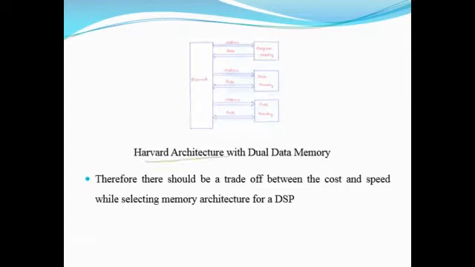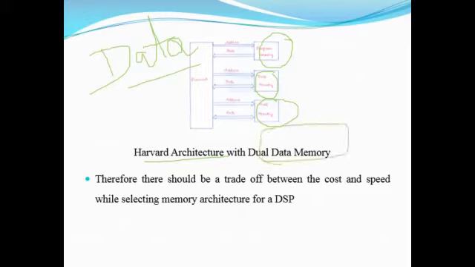Here we come across one drawback if we use just a processor, a program memory and a data memory, because when we go with DSP implementation, the number of data samples is very high. So I cannot just use a single data memory to fetch all the samples or values from the memory. So what I do is have a set of data memories. So we can see that one program memory is used, followed by data memories. So we call it a Harvard architecture with dual data memory. This is the first data memory, this is the second data memory.